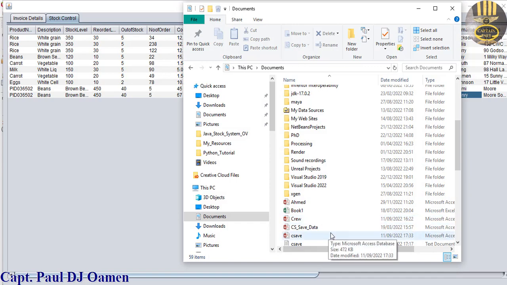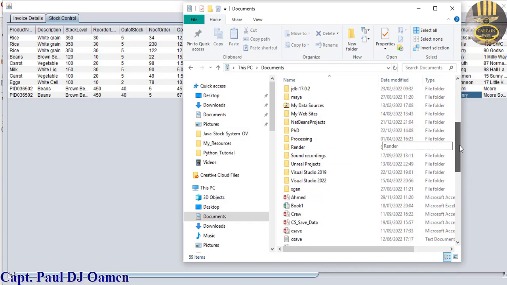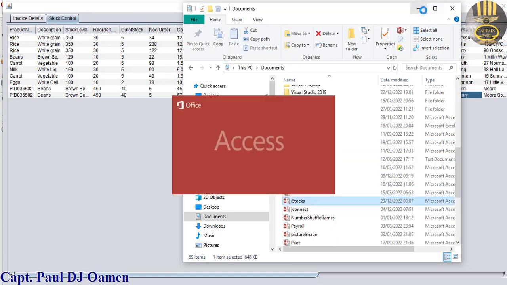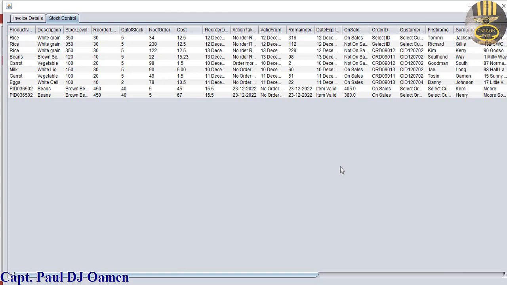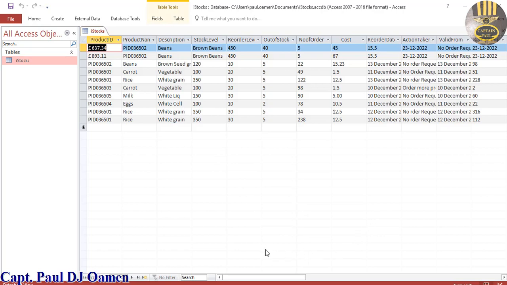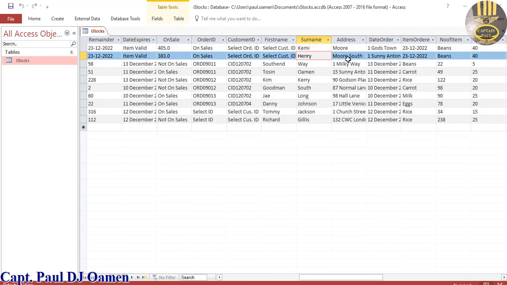Let's see if we can get Henry Moore's details here inside the database. Where is it? There we go. Double click on that. So if it's saved on the database, the details of Henry Moore should appear on the database itself. Double click on that, and let's look for the name. There we go. I can see Henry here,